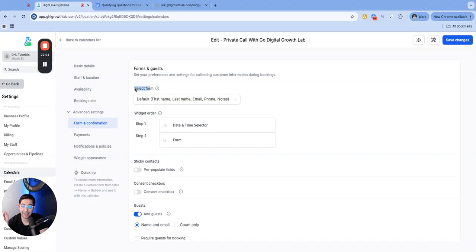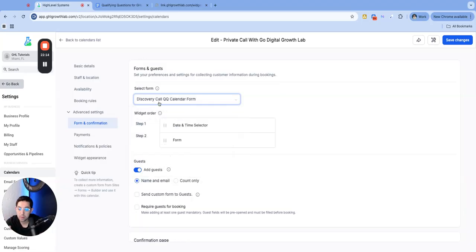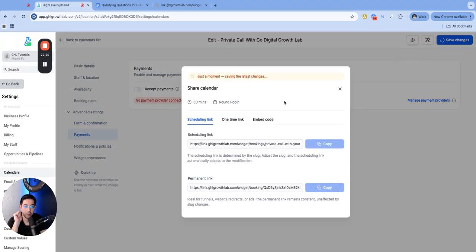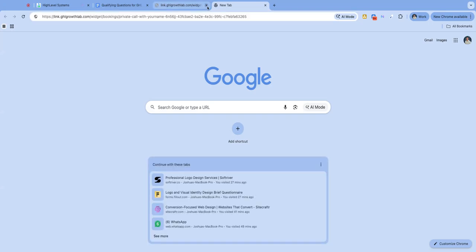And here's where you're going to select form. As you can see, this is the default one. We're going to select here, and then we're going to put the one that we created just now, which is the discovery call QQ calendar form. This is our name of the form. Once I do that, I can then hit save. And now when I share this calendar, let's say I'm going to get this scheduling link here, and I open up the calendar now,